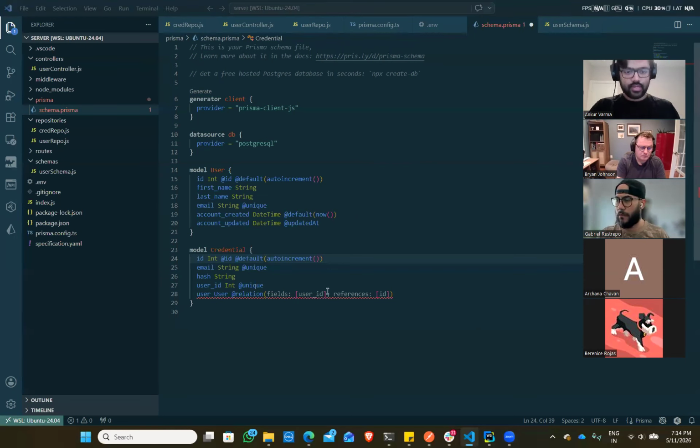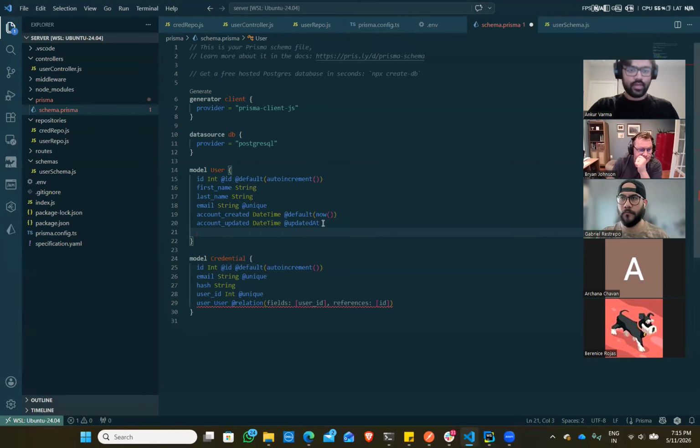Okay, yeah. So it is giving us an error because I have specified that credential is related to user, but I also need to specify that user is related to credential. So we will have credential, and